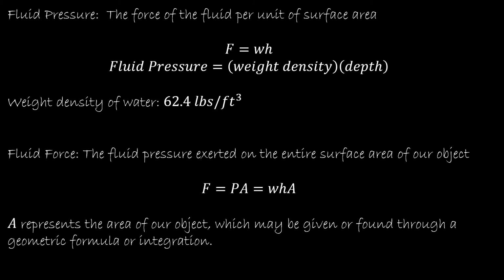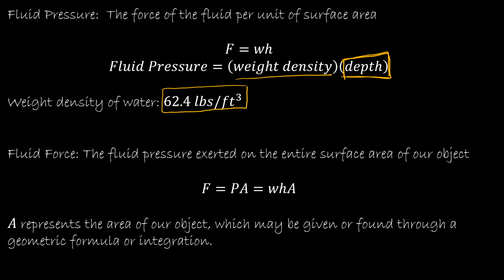And that fluid pressure is found just by taking the weight density of the fluid, which of course varies by fluid. We're most often going to use water, which is 62.4 pounds per cubic foot. The weight density multiplied by the depth of the object. Now, the depth is where things are going to get interesting because it will depend on whether the entire object is at the same depth, which will not require calculus,